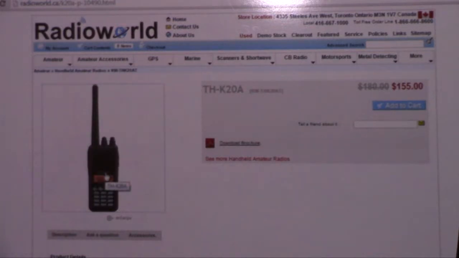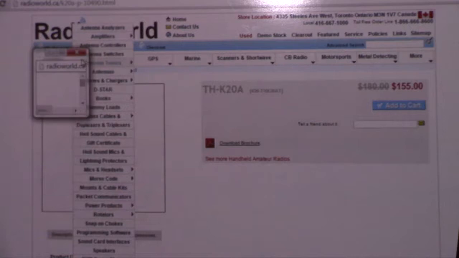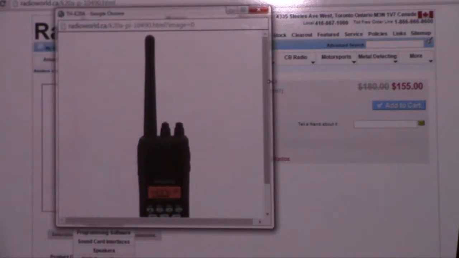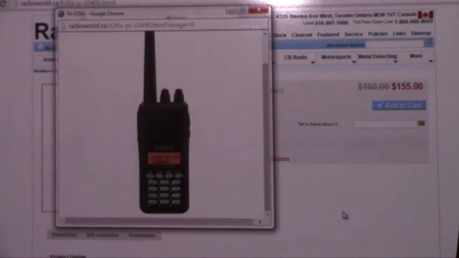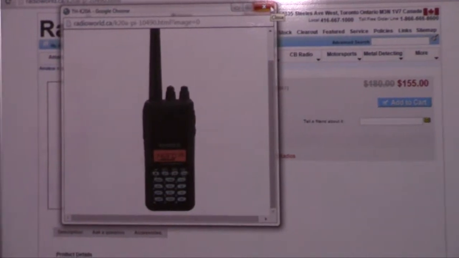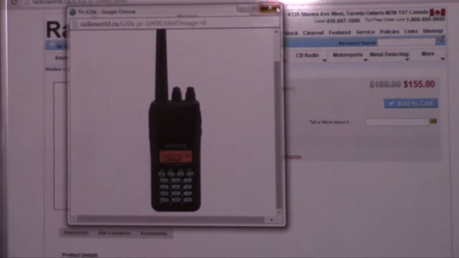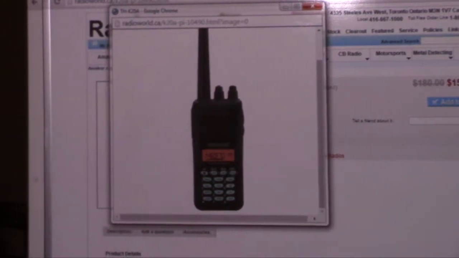I think some of them are just one band. This one here will be a single band, it looks like, and those are the cheaper ones. Just to give you an indication of price too, we'll go into